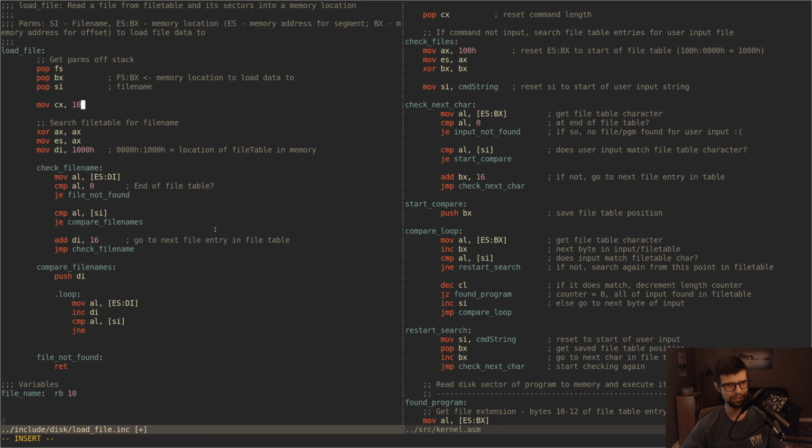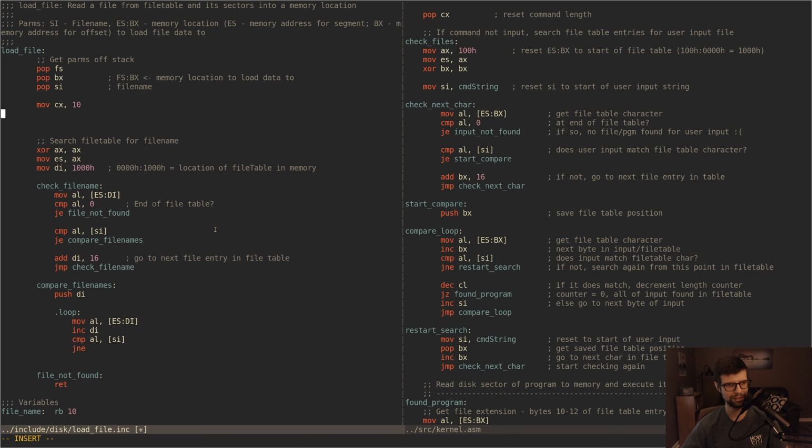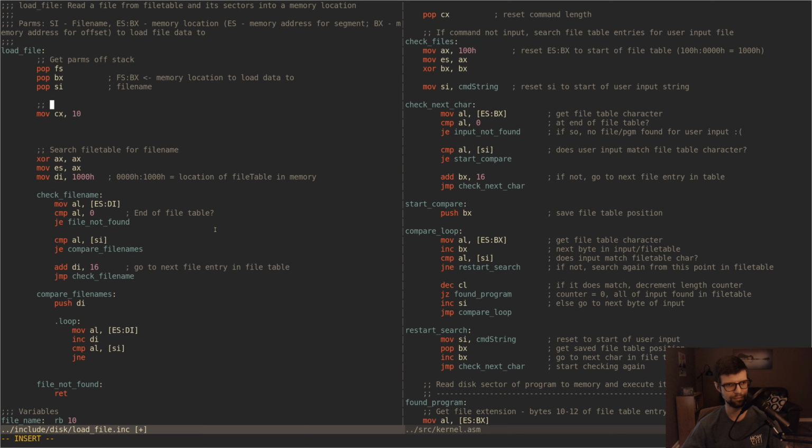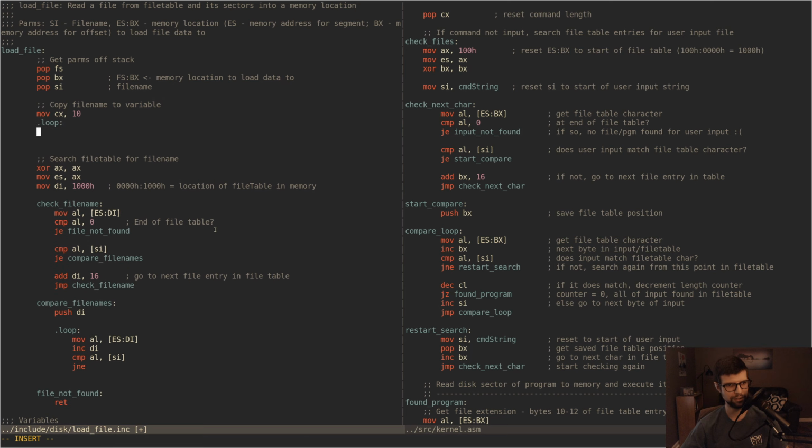Let's do something like this. Move CX, 10. Copy file name to variable, I guess, or storage. Make another loop. See, the benefits of doing stuff like this, if you use the dot notation in the loop, because I don't remember if I ever explained this, you can do multiple ones of these within the same segment of memory or wherever your code's running. And they will work because these will be associated with the next global label, which I think will be this